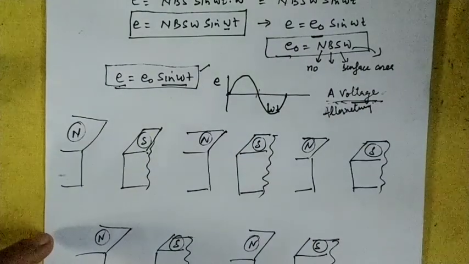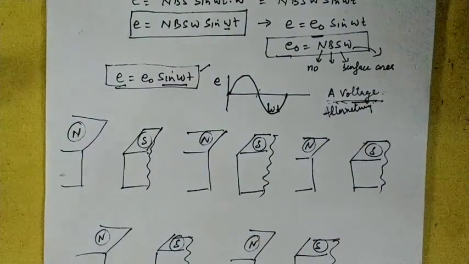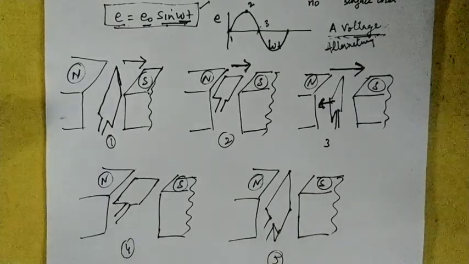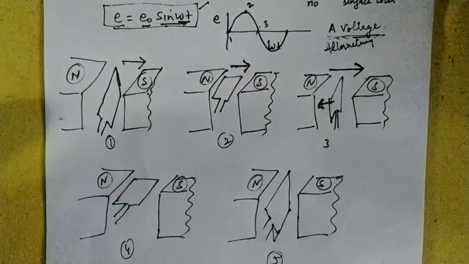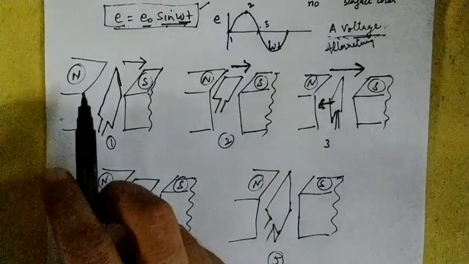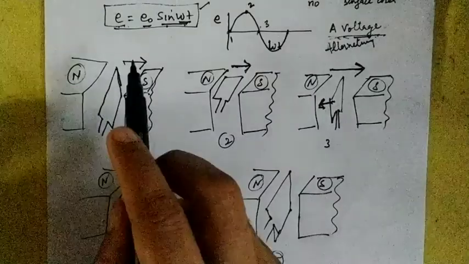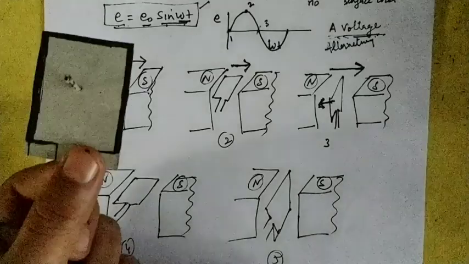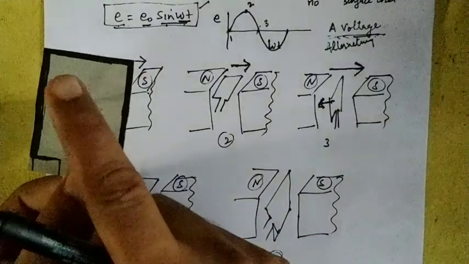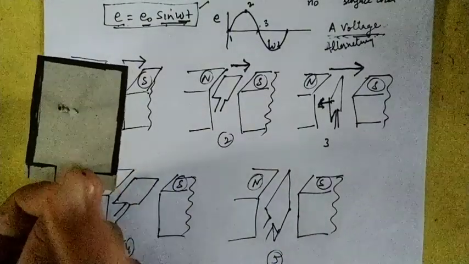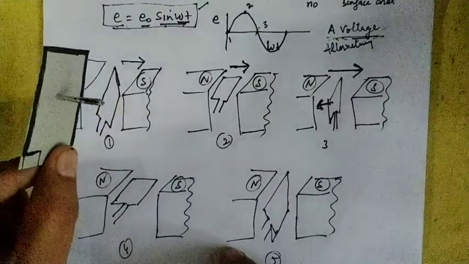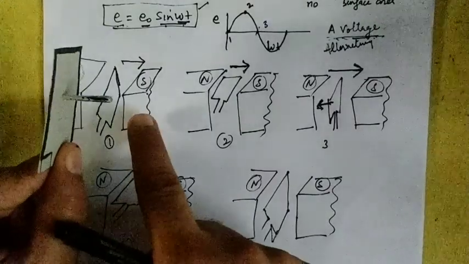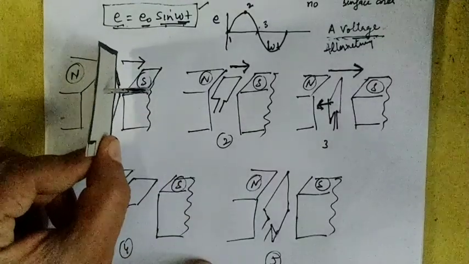Now I want to know the different positions of the armature with respect to the induced EMF. Now in the first situation, the position of the armature is along this direction. We know that the magnetic field is from north to south, along this direction. Suppose this is your plane of armature and its area direction is always perpendicular to it. Suppose this is north and this is your south pole, and the armature is placed along this direction.